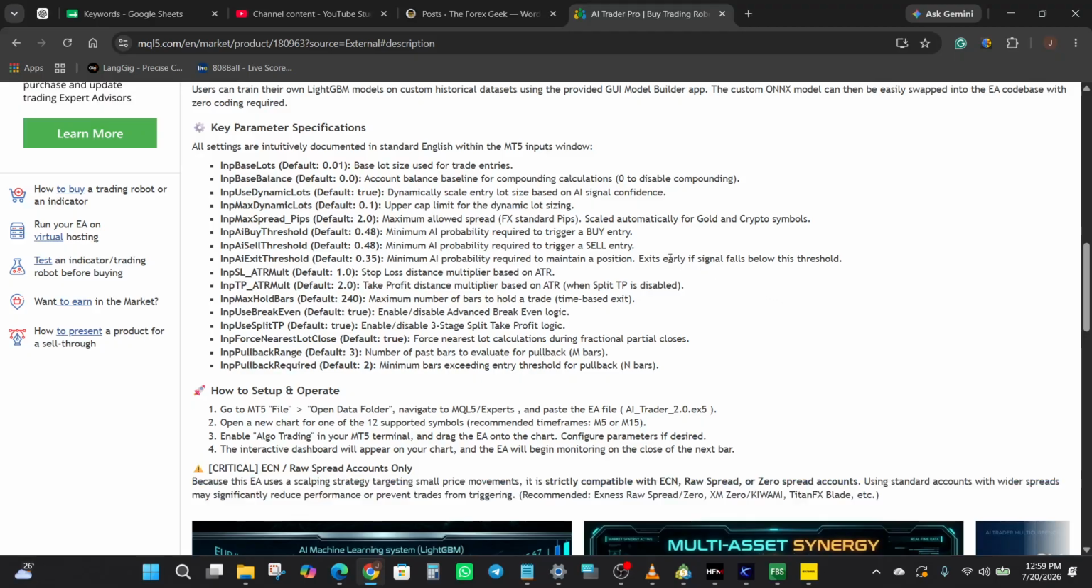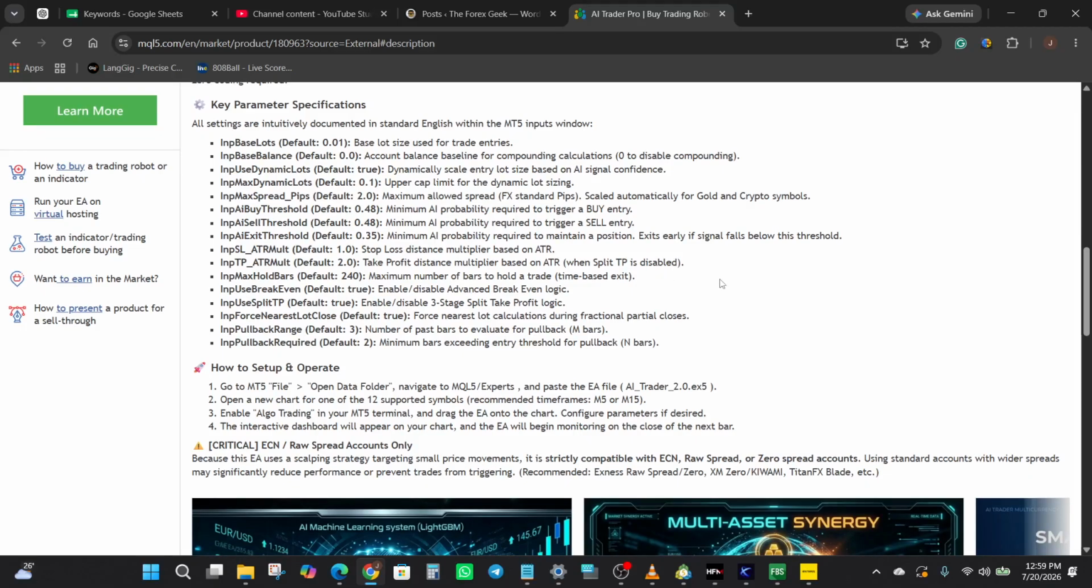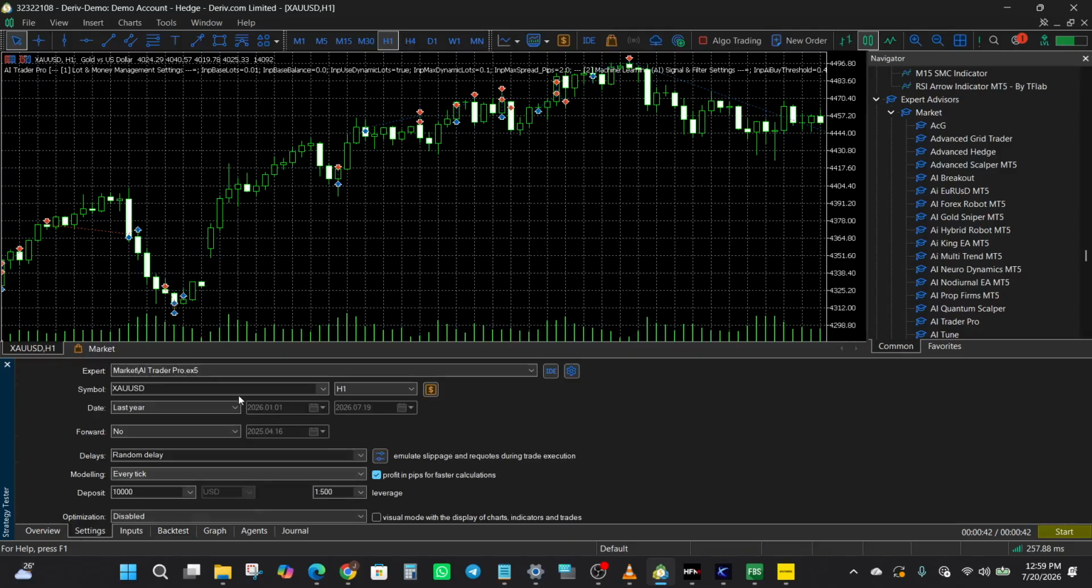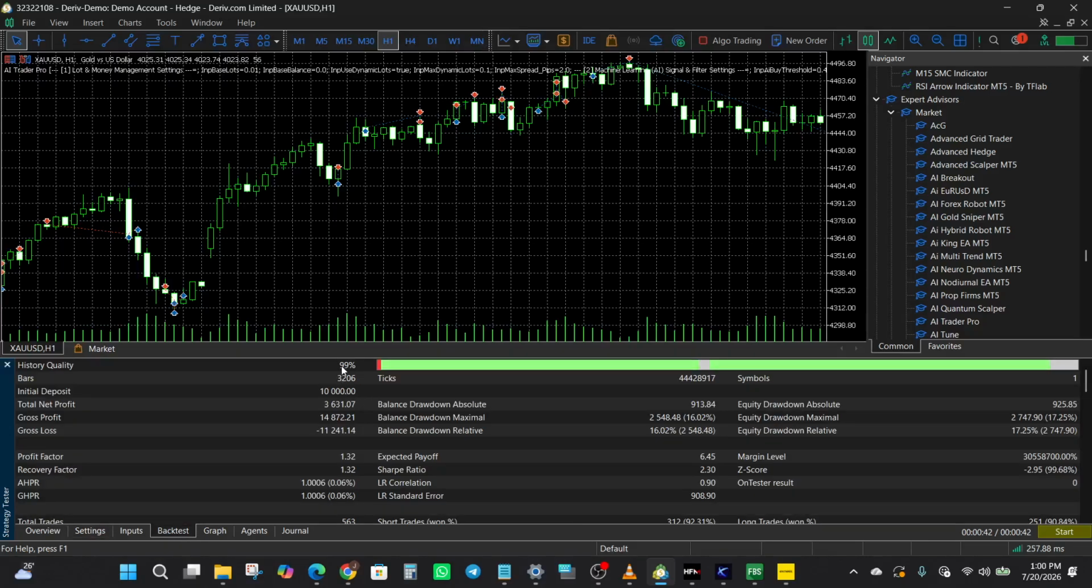So now let us get into the backtest that I ran myself. This test started with an initial deposit of $10,000, and by the end of the test period, the account showed a net profit of just over $3,630. Let us break down how it got there. This backtest covered XAUUSD on the H1 time frame from the start of January through mid-July 2026, with history quality at 99%,